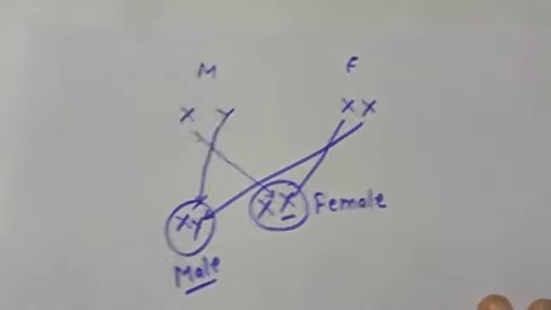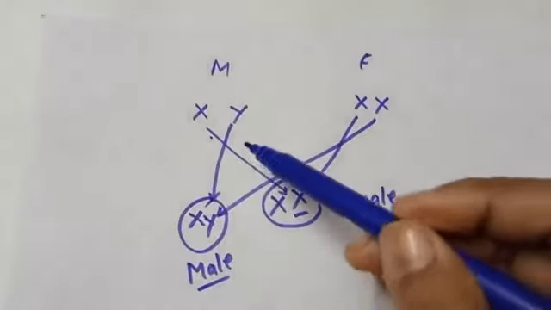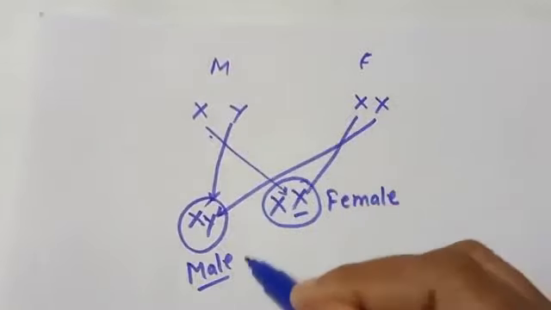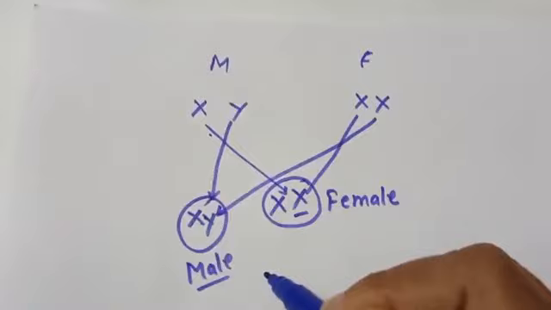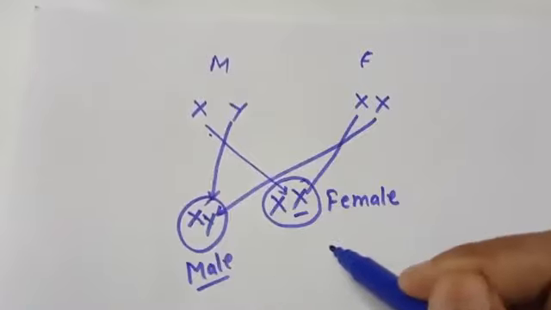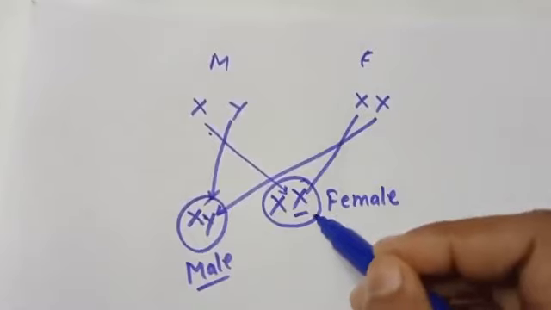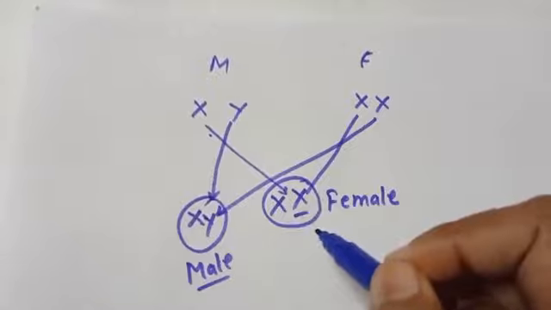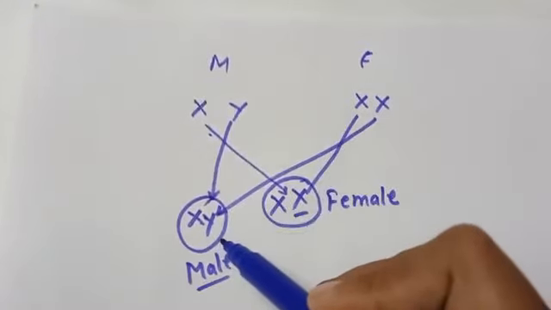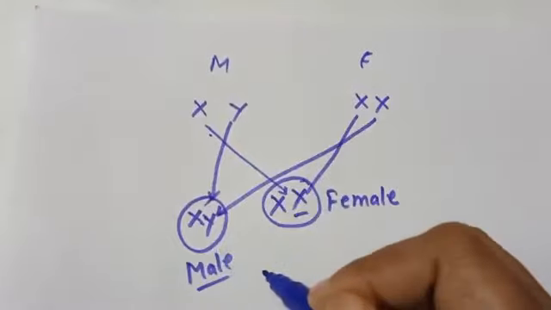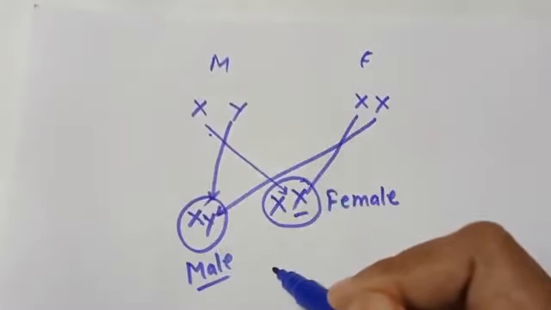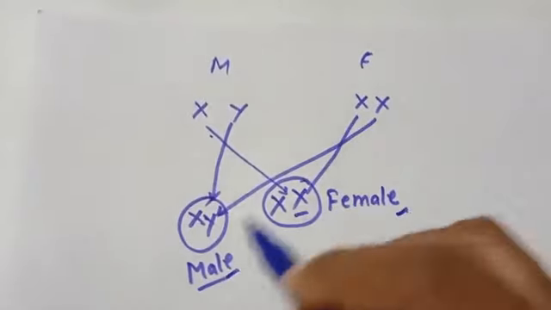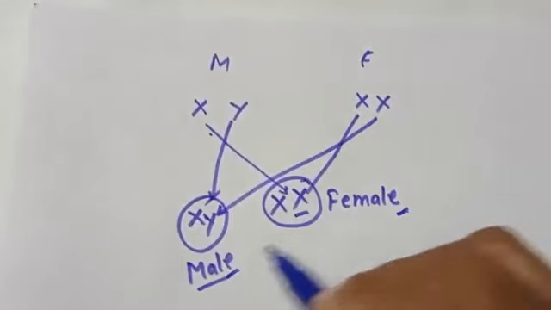So these are the genes which are to be inherited from the mother and father both. They are going to decide whether the child will be a male child or a female child. Here you can see that the female has both the genes similar, and it is the father who decides whether the new child which is going to be born will be a male or a female, and that is decided during the fertilization of the germ cells itself.